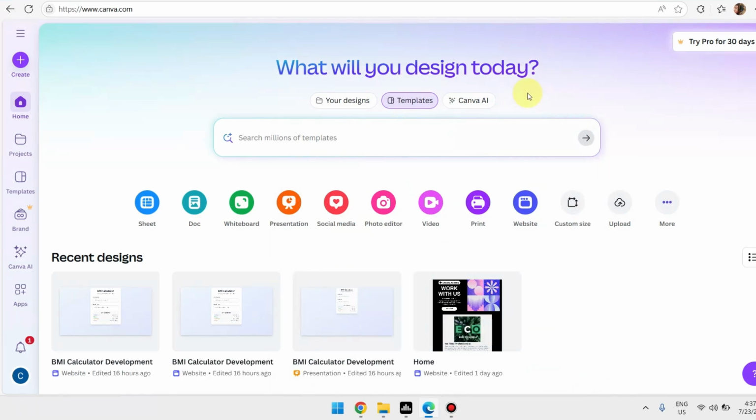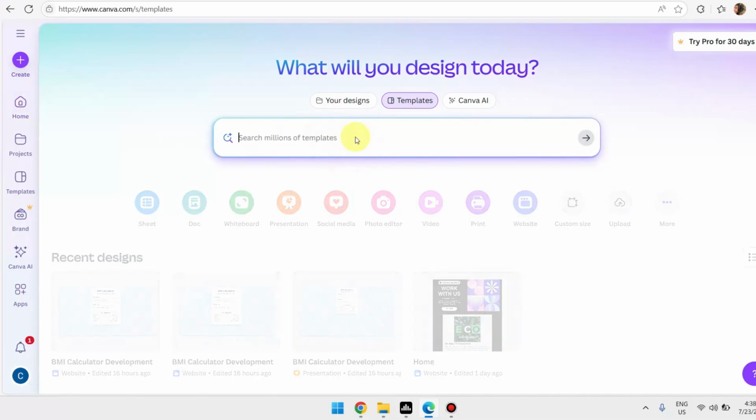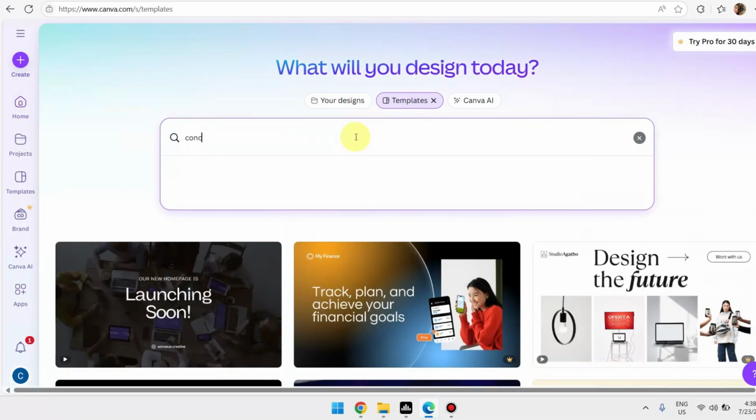So for today's video, I'm going to teach you how you can easily create concept maps on Canva. So first, of course, you may want to head over to canva.com and make sure that you're logged into your account. Next, in your Canva homepage, in the search bar, just start searching for concept map,